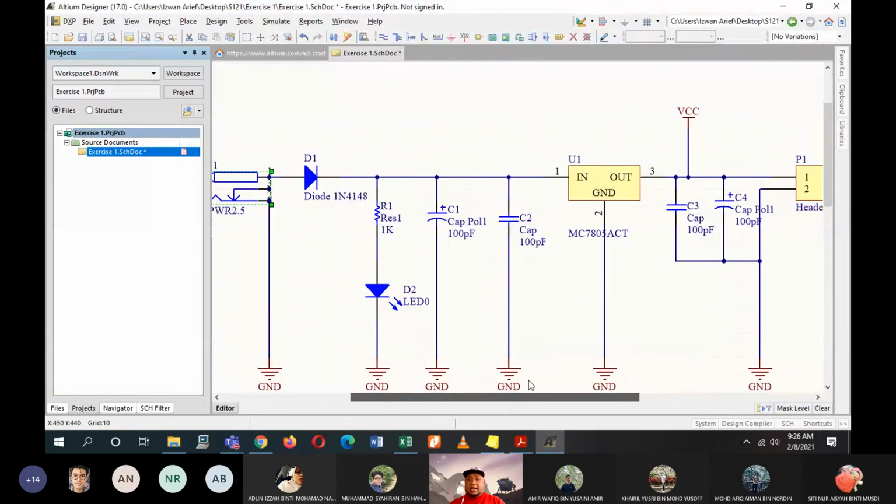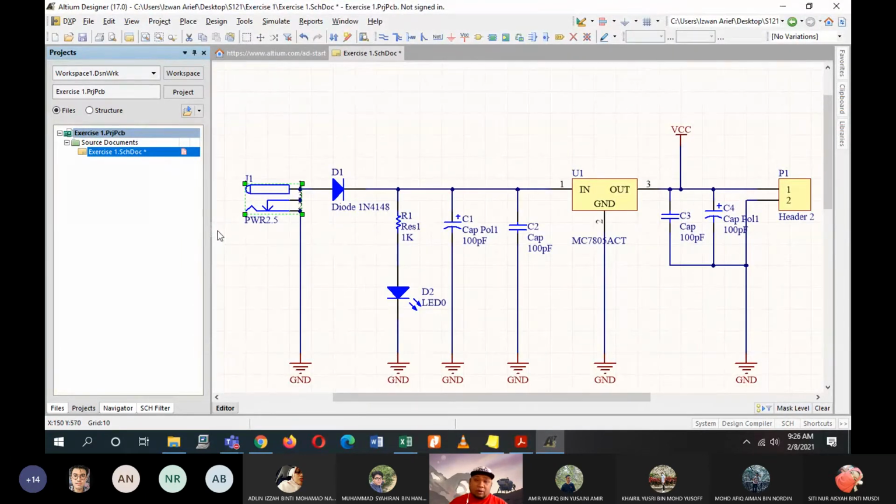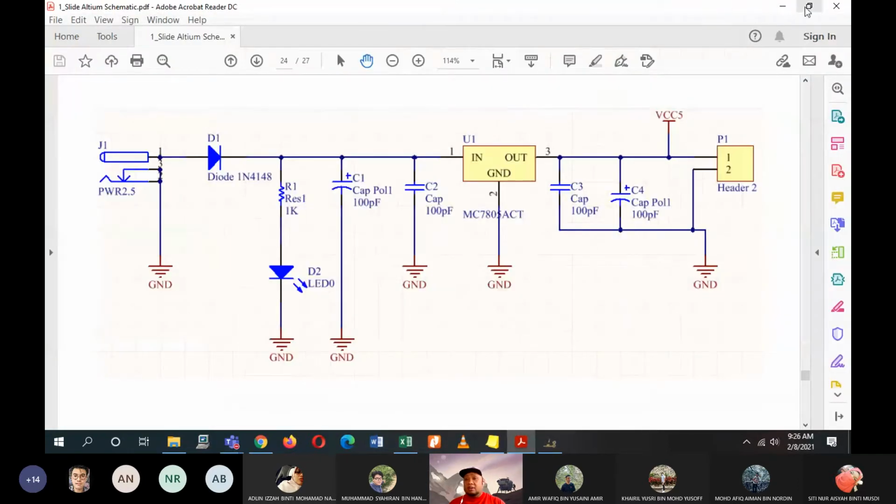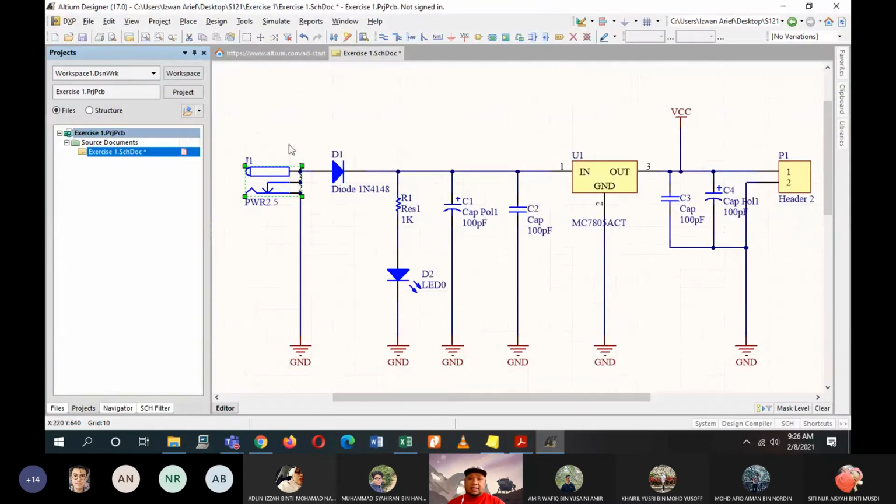Okay, now you are done. I'm done. I am hoping that you are also done, which is exactly like the one in your notes here. So J1, D1, R1, C1, C2, C3, C4. This is how it should look. Now my file is red again, so just make sure, click on save to make sure that it is black or green.